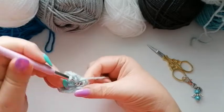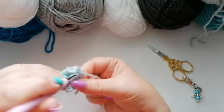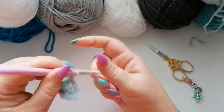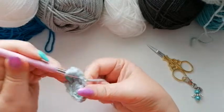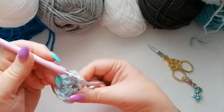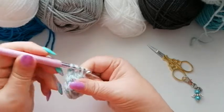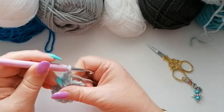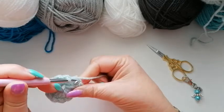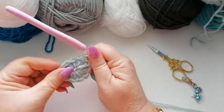5, 6, 7, 8, 9, 10, 11 and 12. We're going to join into the top of that 3rd chain just with a slip stitch to